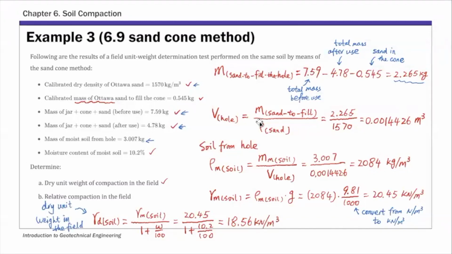So this part A of example 3 basically explains the sand cone method. So how you use the sand cone method to get eventually this in situ or this field dry unit weight. So that's gamma D field. So now let's just finish this example here. So once we have measured this in situ dry unit weight, or dry unit weight in the field, we can actually calculate the relative compaction. So relative compaction, so let's finish part B here. To calculate relative compaction,